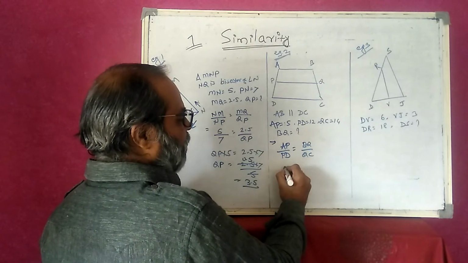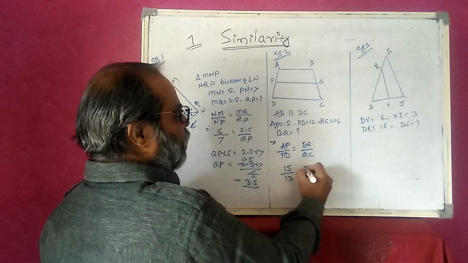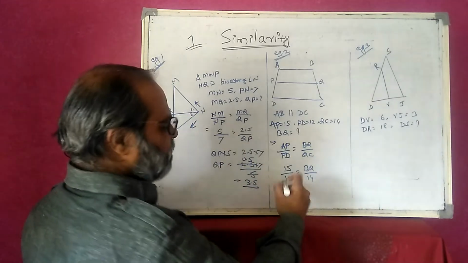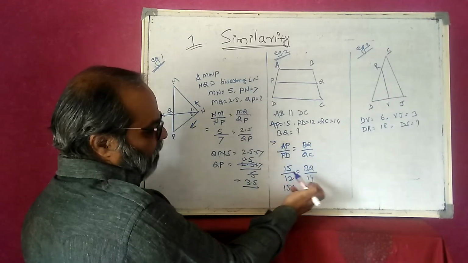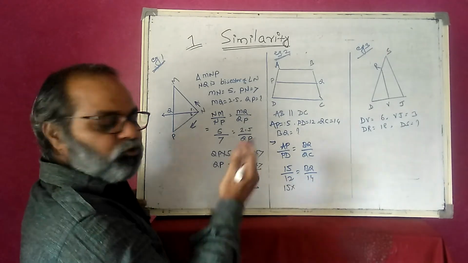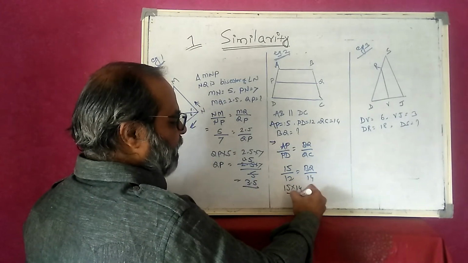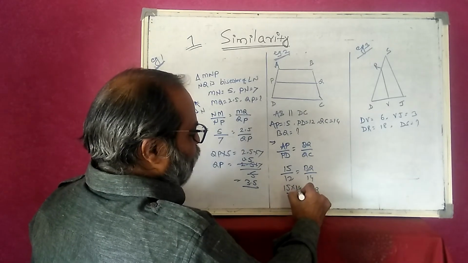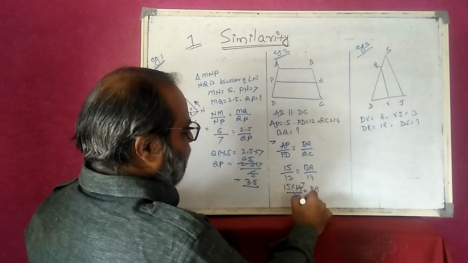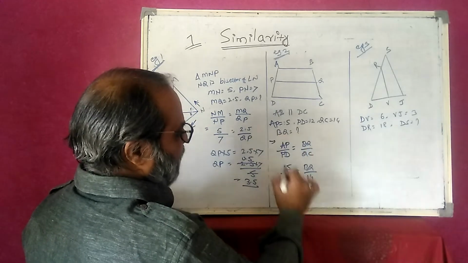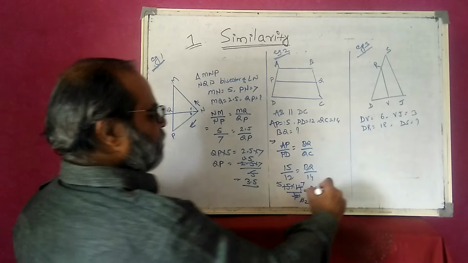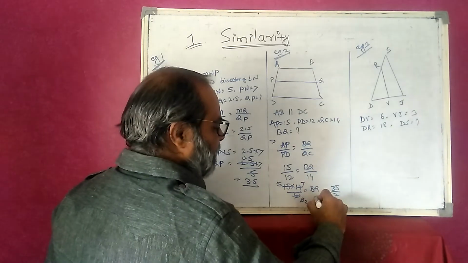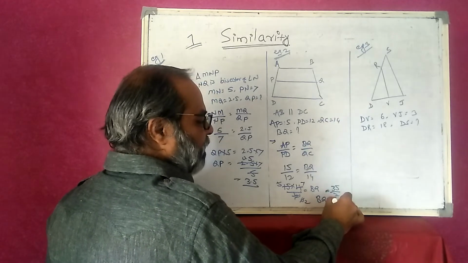This is what the three parallel lines and transversals give. I just put in the values. AP is equal to 15, PD is equal to 12, and we just find BQ. QC is 14. Just cross multiply, or simplify to reduce the denominator. So here it is 15 into 14 divided by 12 is equal to BQ. So 6 twos are 12, here is 7, 3 twos are 6 and 3 fives are 15. So here it is 35 divided by 2, so BQ is 17.5.